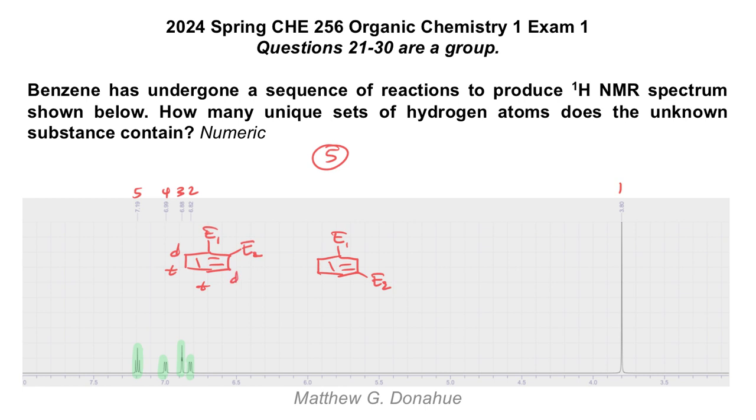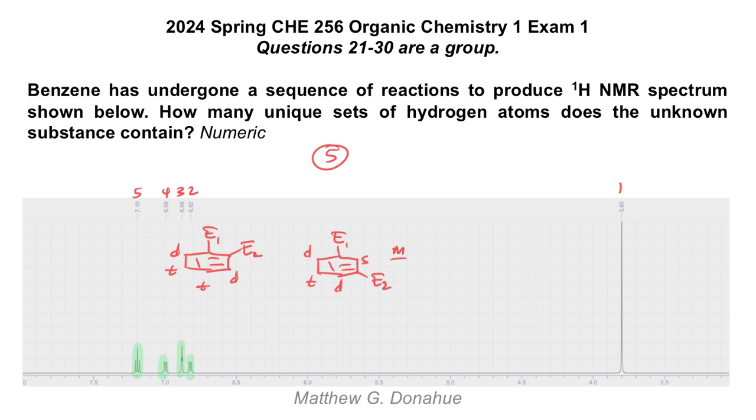And for the meta, this would be a singlet, doublet, triplet, doublet. So it's looking more like it's meta substituted